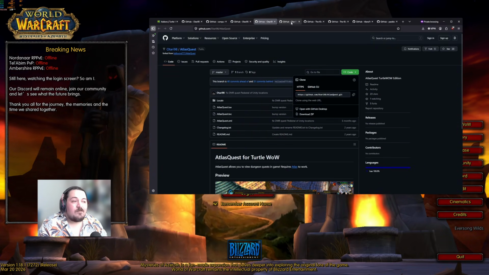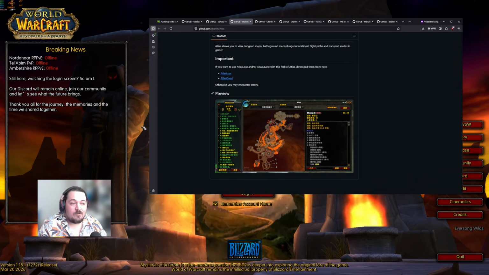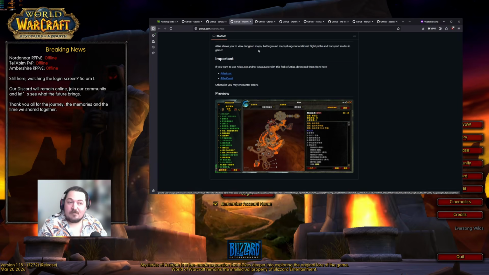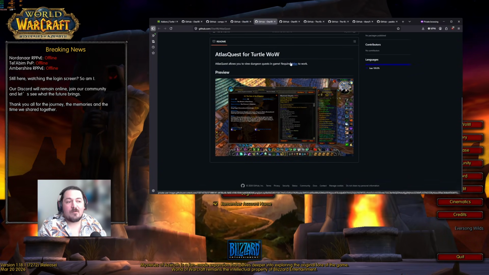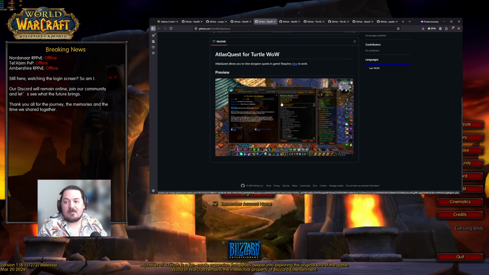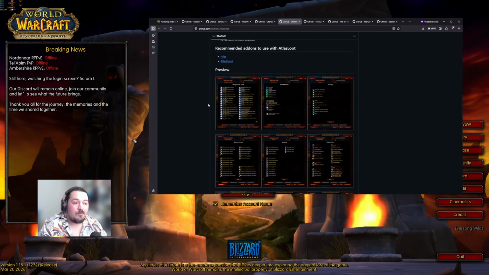Next up, there's Atlas. With Atlas, you're going to want to get all 3 things here. You've got Atlas, first of all, which works for the maps and stuff for dungeons, and then you want to get Atlas Quest, which is going to tell you the quests for dungeons. Well, you don't need it, but it's really handy. So you've got the quests for dungeons, and then you've also got Atlas Loot, of course, which is probably the most popular one,